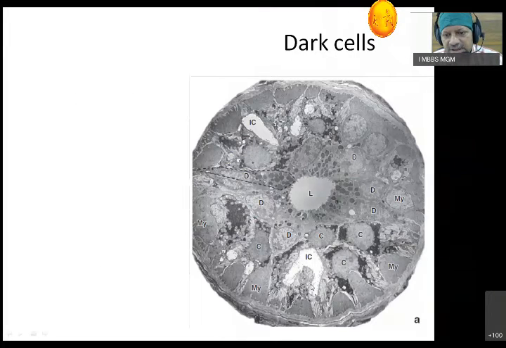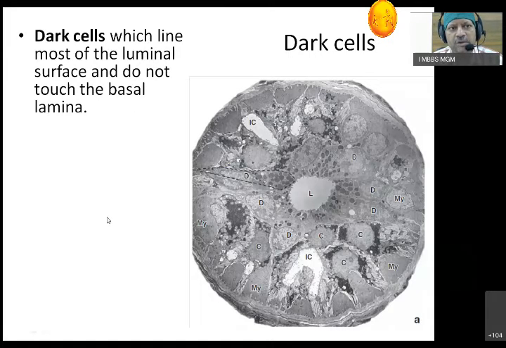Now in this figure, you can see the clear cells, which are below and away from the lumen, and they have a canaliculi. So secretion goes into the canaliculi. Later on, canaliculi connect to the lumen, and darker cells will be near the canaliculi. In the darker cells, you can see vacuoles filled with secretion. That indicates that they have a more proteinous secretion.